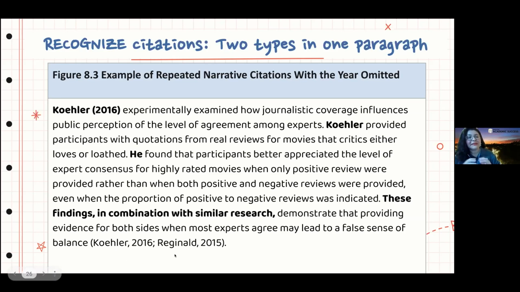So now let's look at the last sentence here. This is a really good example of how, when you want to paraphrase, you're synthesizing information from one journal article and another journal article in the same sentence. How do you do that? Here's an example of how you do it. We see the last sentence in figure 8.3 coming from the APA manual, these findings in combination with similar research. So we know we're still talking about Kohler 2016, but the moment you as an author write something like